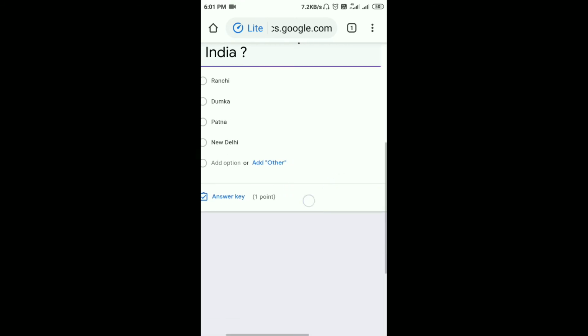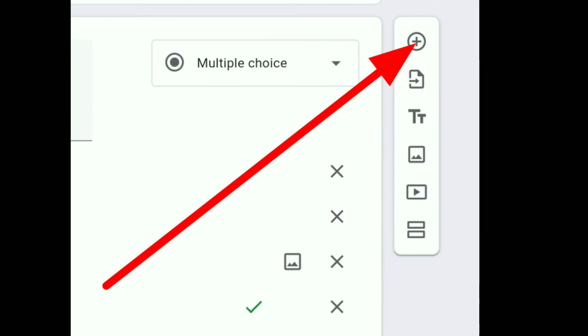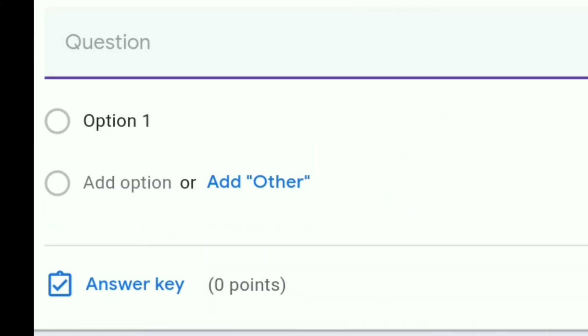Now for the next question, you must click on the plus icon. Okay, the next column opens here. For the second question, you may write whatever you prepare here.